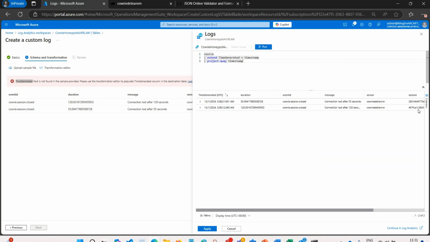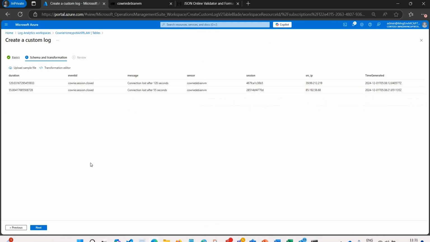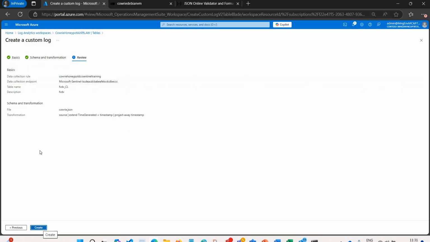Just run that and you won't see timestamp. So we'll apply it. As I apply, that error goes away. So I've given the schema and the transformation and I'm just reviewing that. Correct? And once you create that, you'll get to see the,